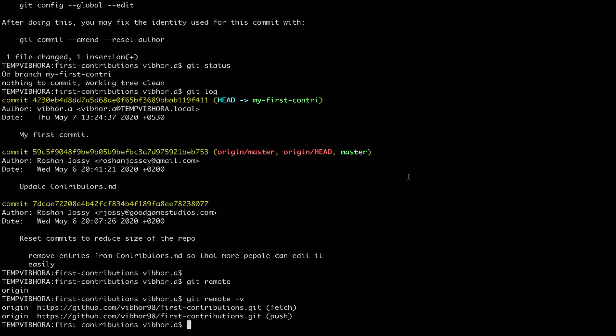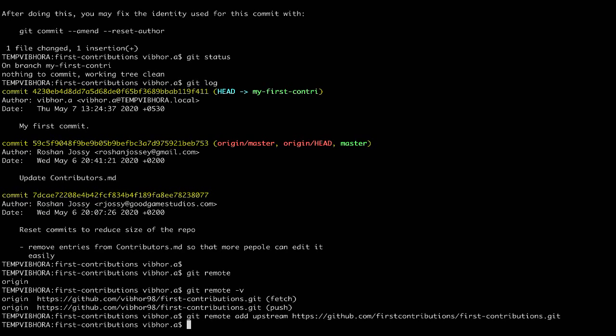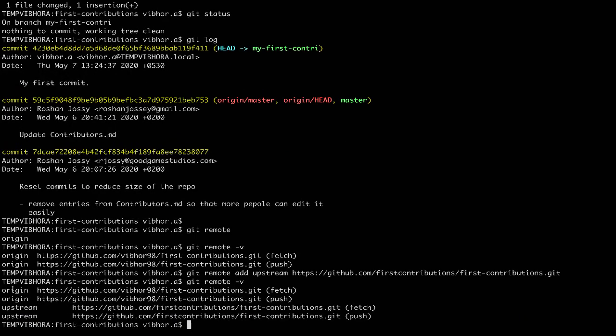So now how do we set the upstream? git remote add upstream in order to add the upstream, and then its URL. So now it will set it. You can check by this command git remote -v. It will show you both your origin and upstream branches.